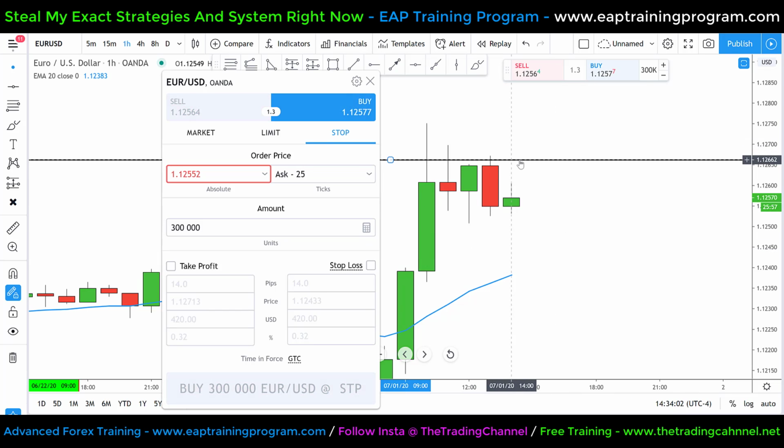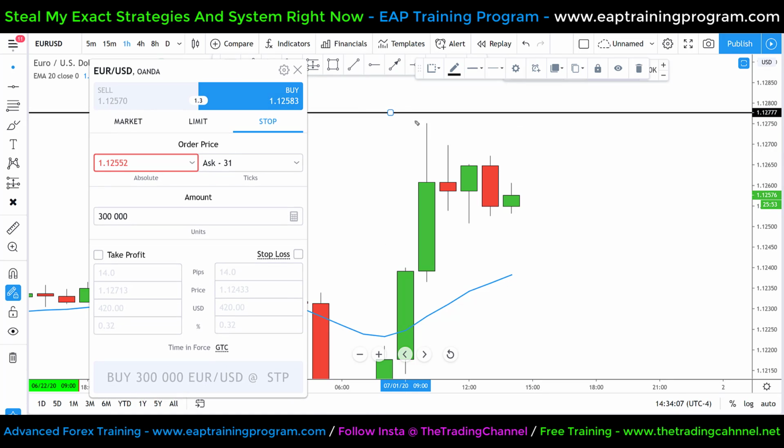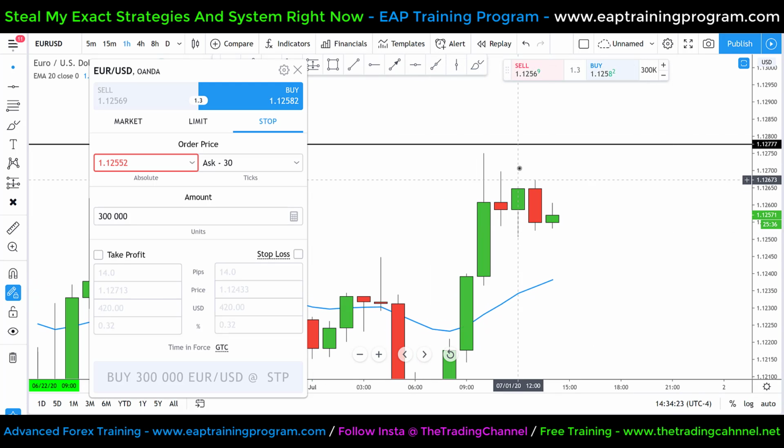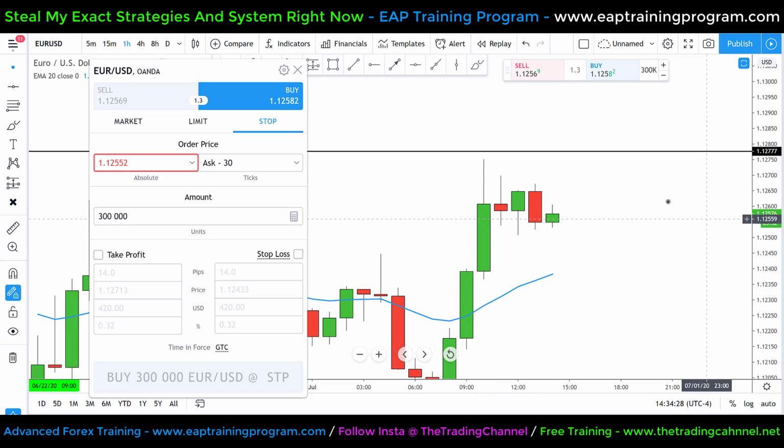Let's say we want to buy the market if we break above these most recent highs right here at 1.1277. If that was the case, and we wanted to buy the market at 1.1277, one of the benefits of this is, let's say you didn't have the time to just sit right in front of your computer, but you knew you wanted to buy if the market got above 1.1277 throughout the day. Let's say you had another obligation that you had to go do. Well, what you would do is set your buy stop price at